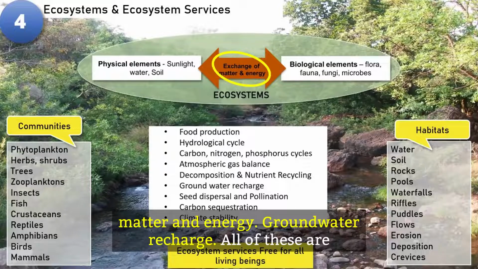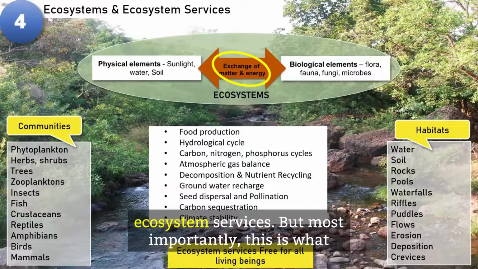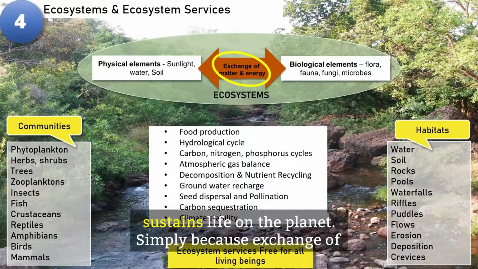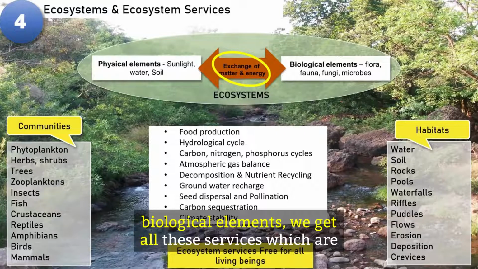Groundwater recharge. All of these are critical ecosystem services, which are called ecosystem services. But most importantly, this is what sustains life on the planet. Simply because of the exchange of matter and energy between the physical elements and the biological elements, we get all these services,